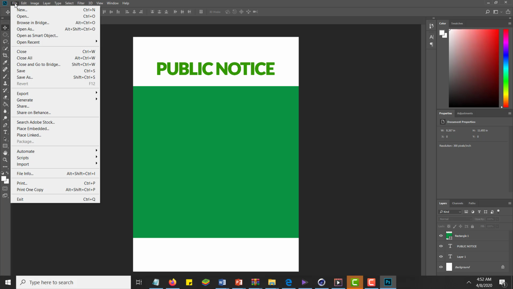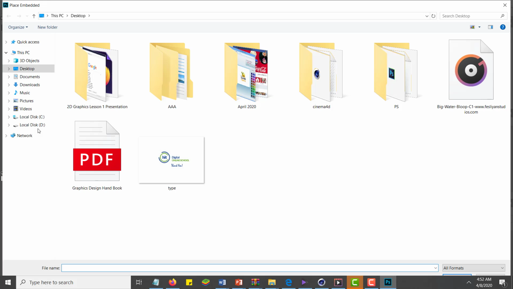I say place. Now if I'm going to place a picture which has a link attached to it, I say place linked. If I don't need a link on my picture to be captured, I can just say place embedded. So I click, and then it brings me to my desktop,